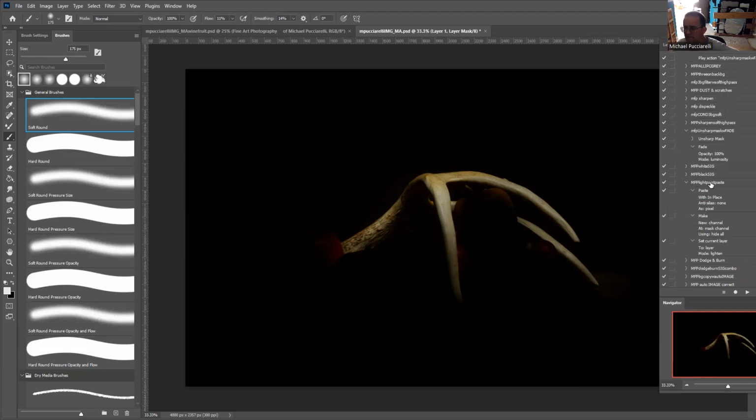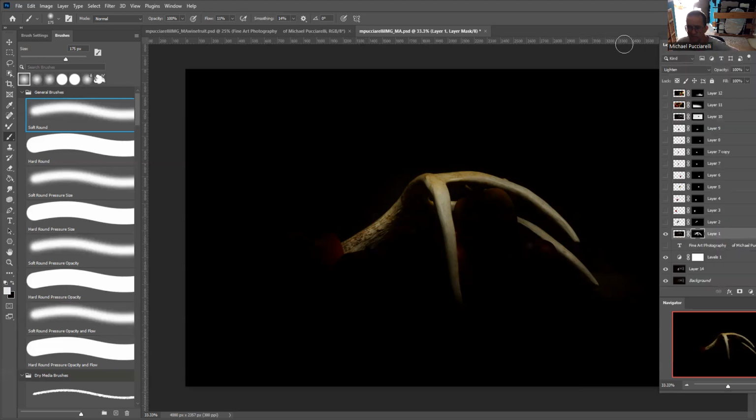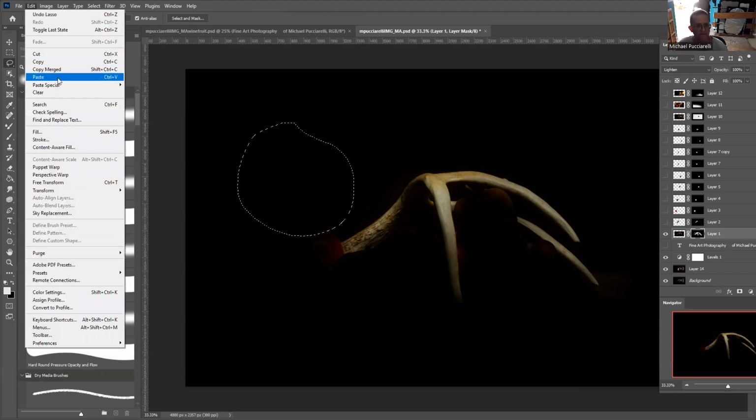Gonna find my, here it is, my light paint paste, where I have the JPEG open. I make the selection, I do Control or Command C, and I paste into place, and I have the blend mode of Lighten. I do Control Command C, especially for the JPEG, with an edit, paste special, paste into place,